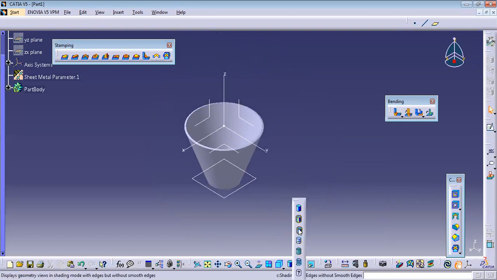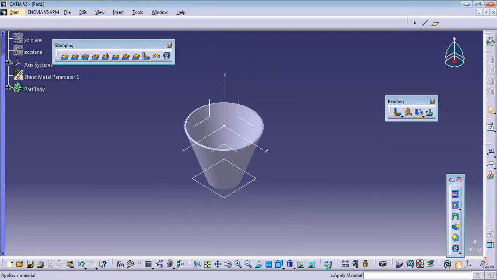Now, I have told you about everything in the workshop. I explained this shading with materials. But there is no material on this, right? Even if I take shading with materials, no material is showing. So how do you add material in CATIA? Can you see this? Apply material here, the symbol.